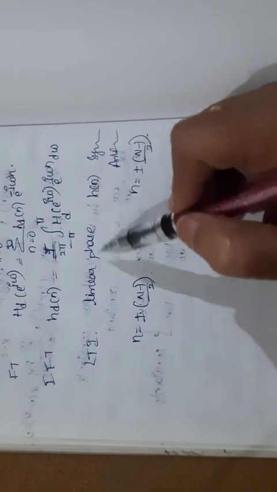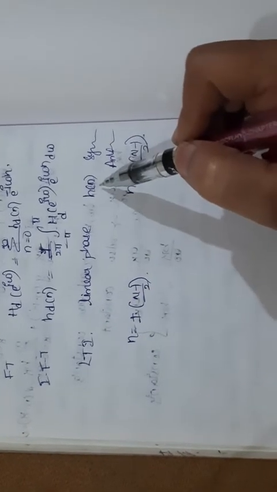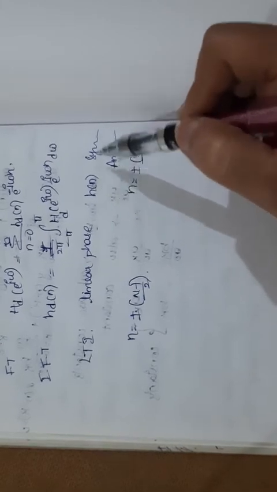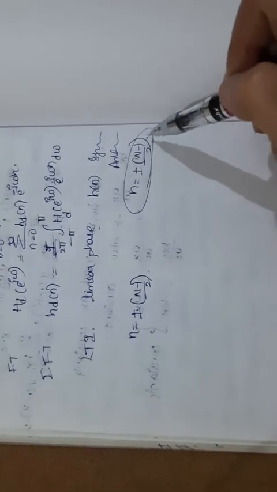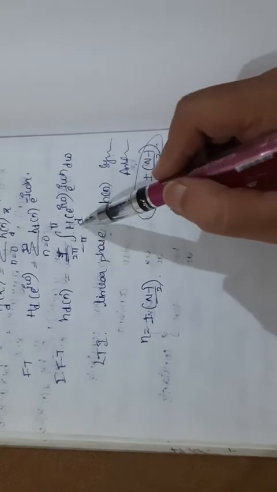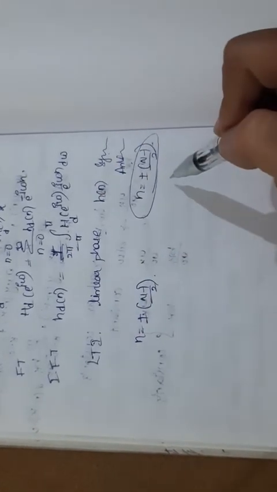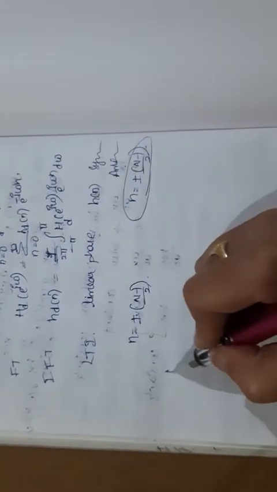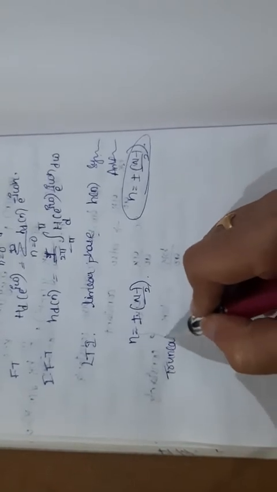But we get linear phase response if and only if h of n is symmetrical or anti-symmetrical around (N minus 1) by 2. This is nothing but finite length, but we got infinite length, so we have to truncate this infinite series into a finite series. This truncation is done by